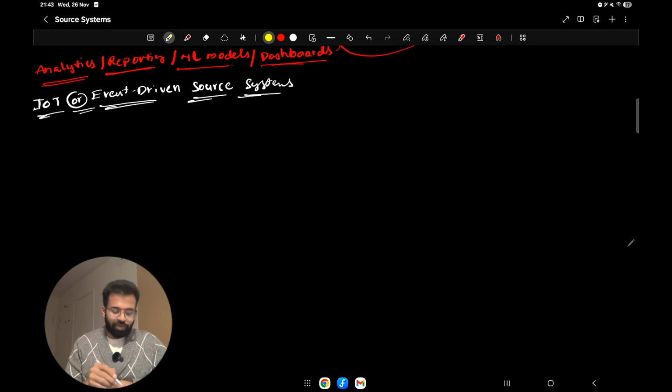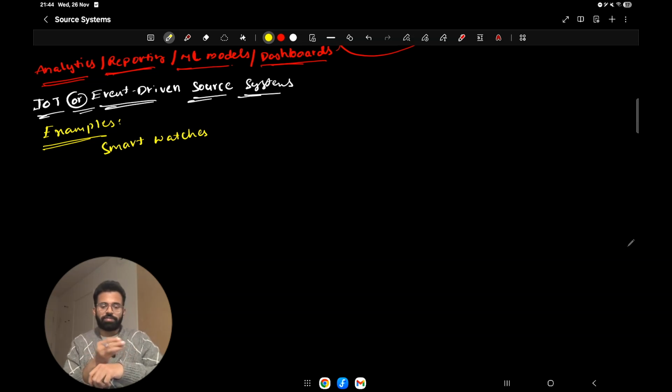For example, some examples for this would be smartwatches. Smartwatches are the best example. Every smartwatch will have some kind of sensors.